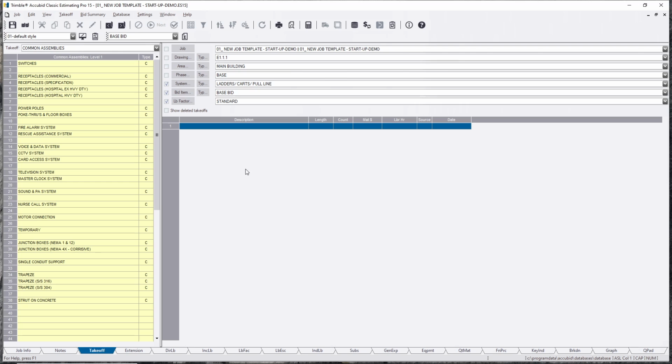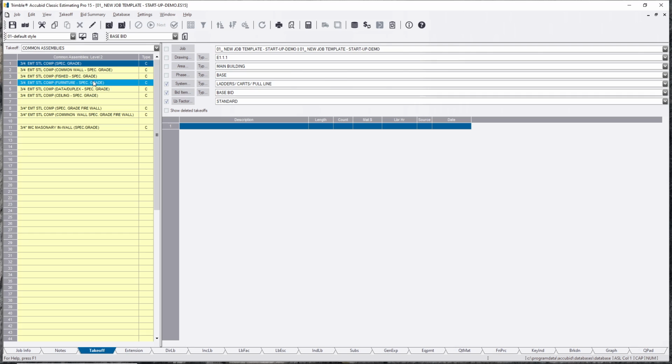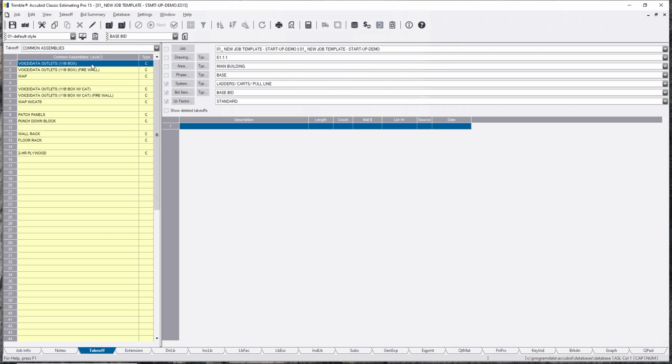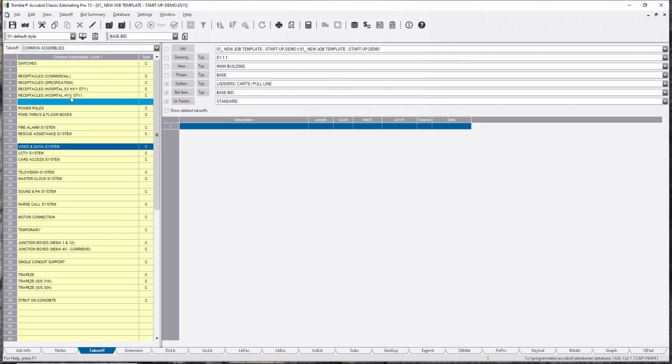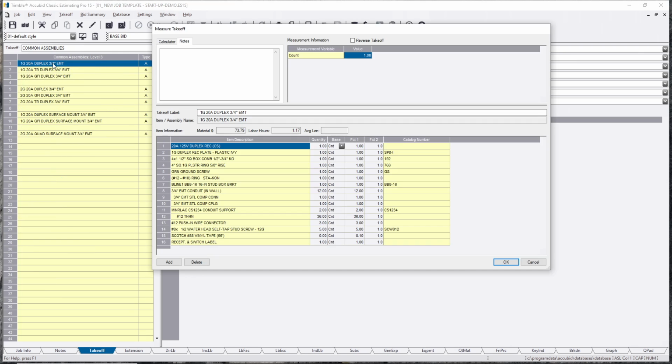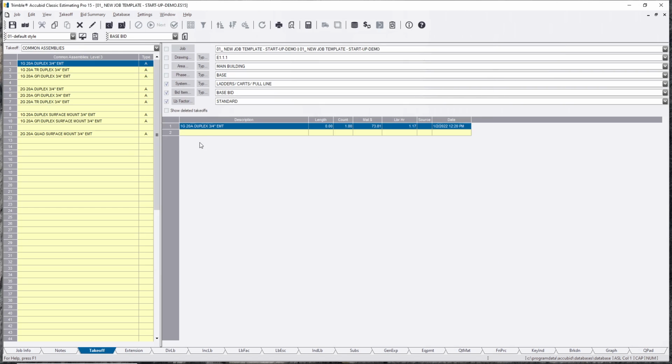Alright, okay, we're back. So for instance, we're gonna do one of these really quick. I'm gonna just say my voice and data, and then I want something 3/4. Well, let's just do a commercial spec grade. Okay, so we're gonna do that, and I'm gonna swap out